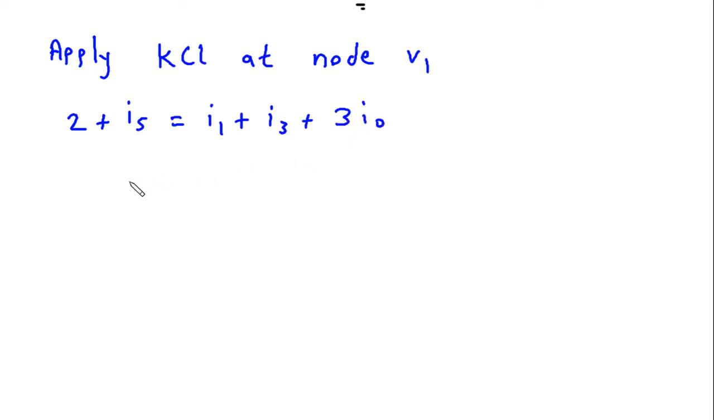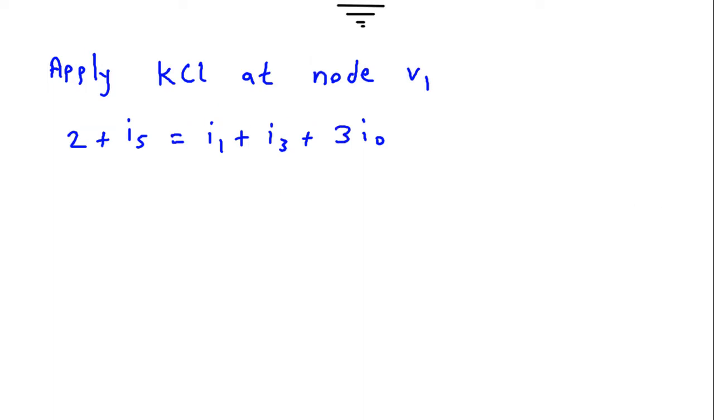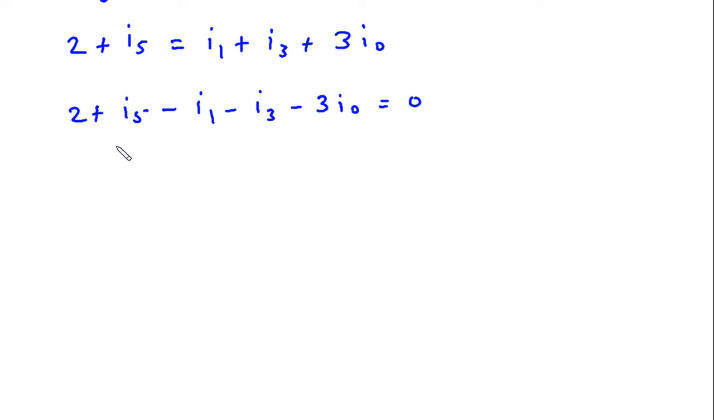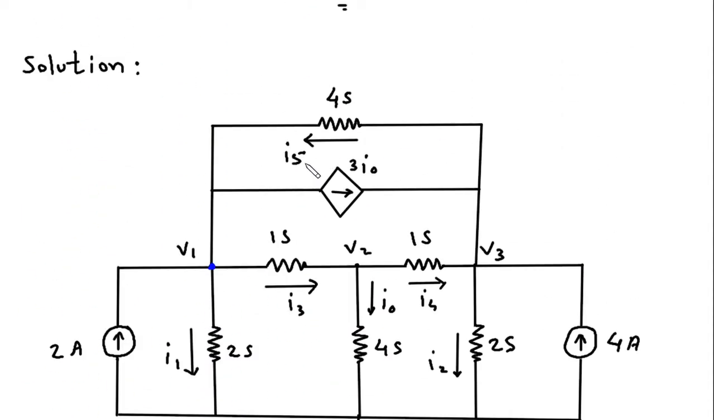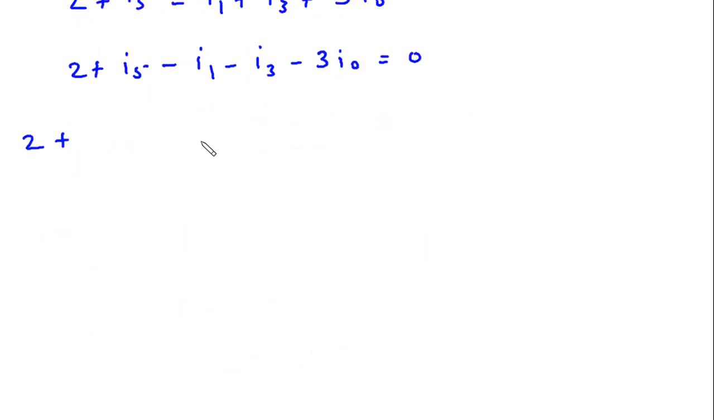So this will be 2 plus I5 minus I1 minus I3 minus 3IO is equal to 0. Now this will be 2 plus I5. I5 is V3 minus V1 by